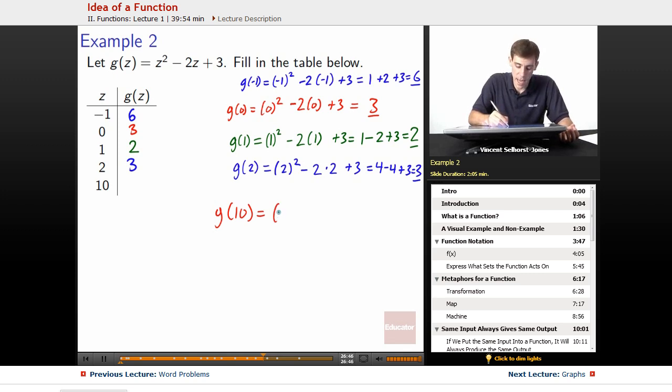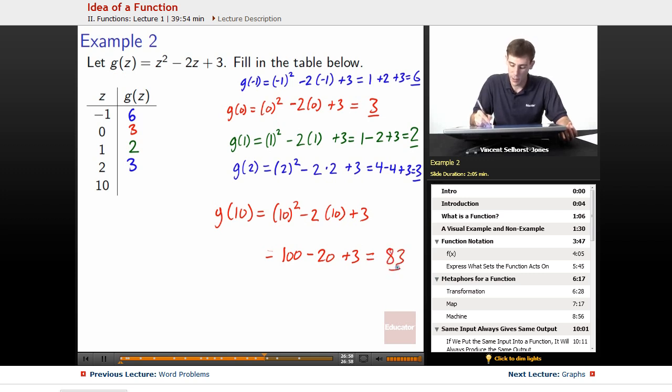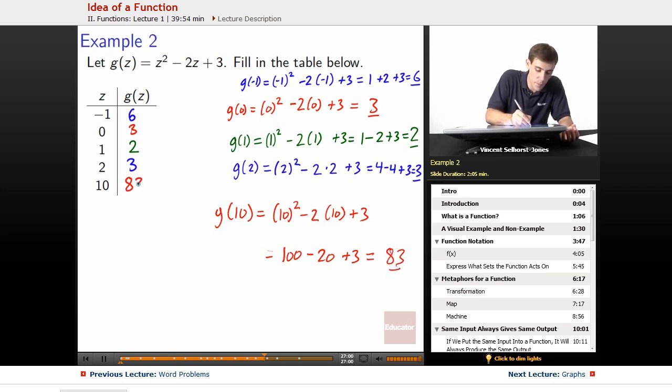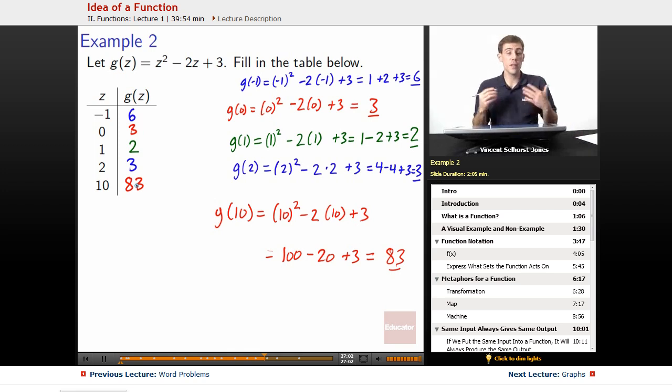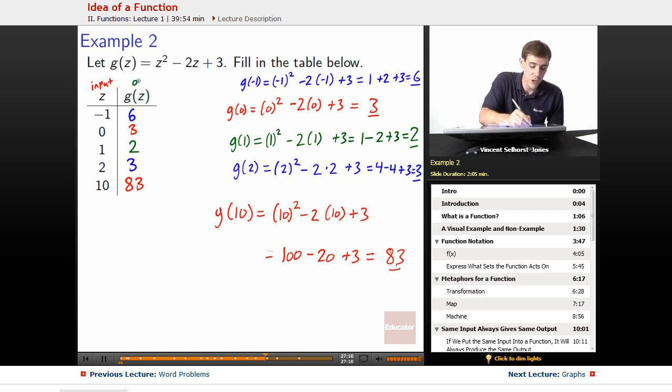We get 10 squared minus 2 times 10 plus 3. 10 squared, 100, minus 2 times 10, 20, plus 3 equals 83. And there we go. So you just plug into the function exactly as you would to set up this table. You're told what your input is, and then over on the right is your output, based on the rules of